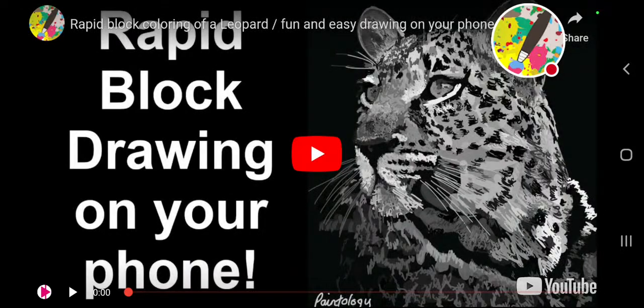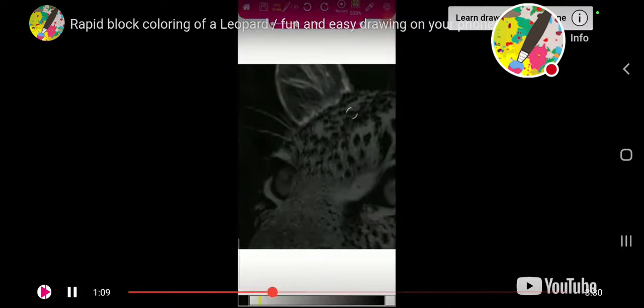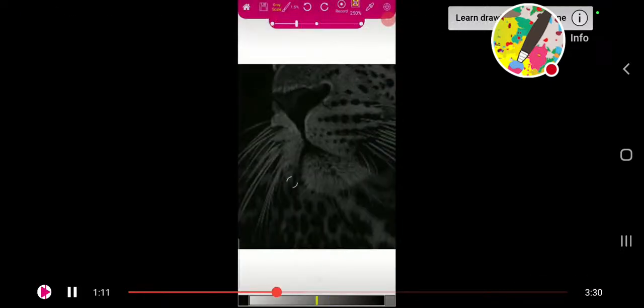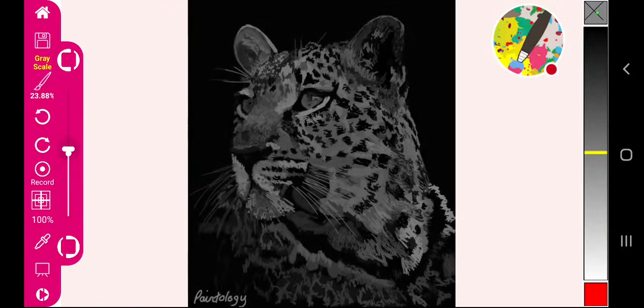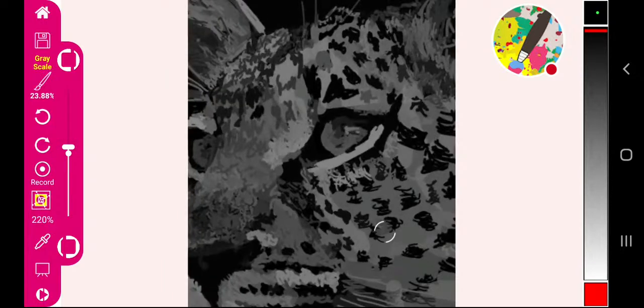Now, this one is showing rapid block coloring, this tutorial on your phone. So what's that saying? It's actually showing a video of how you can do it. So you can watch the video and do it, but I'm going to explain to you how it's all done. This is actually the method I use in my live stream to show and understand and tune yourself to getting more block coloring, right? To become more tuned into tones. So I have it in grayscale mode here. And what it does is that I'm able to zoom in